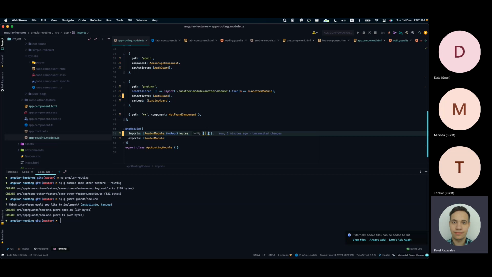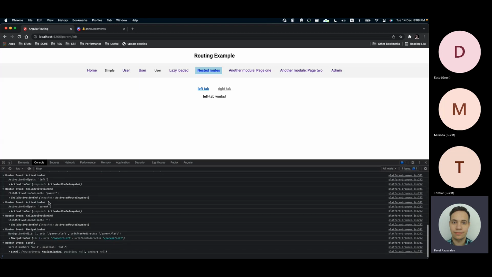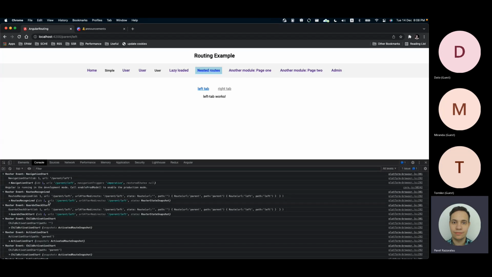I'll pass the following property to show you something special. If you pass the enable tracing, you will see all the navigation events that will occur during the navigation,